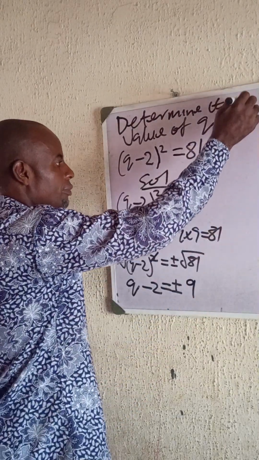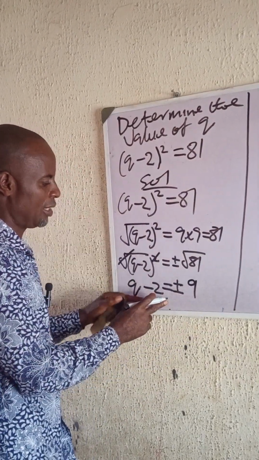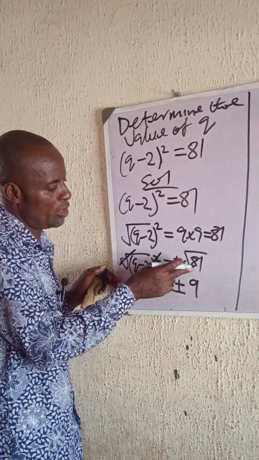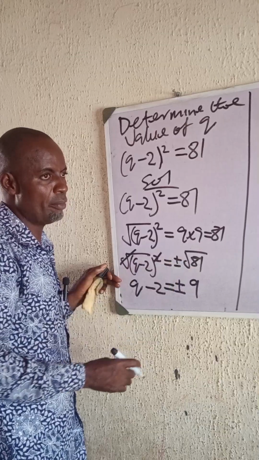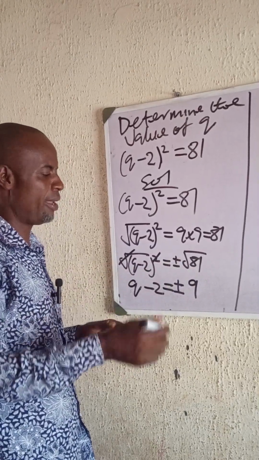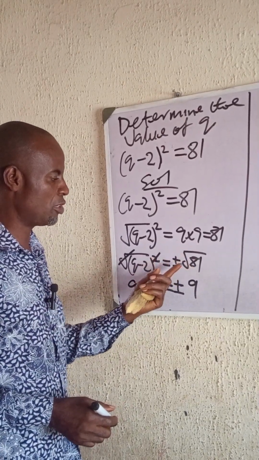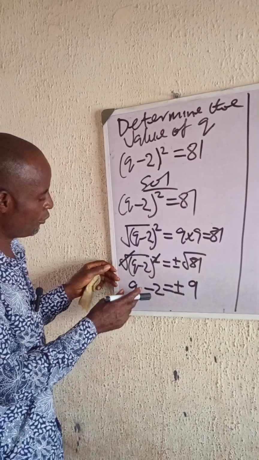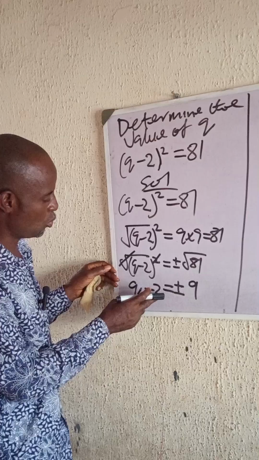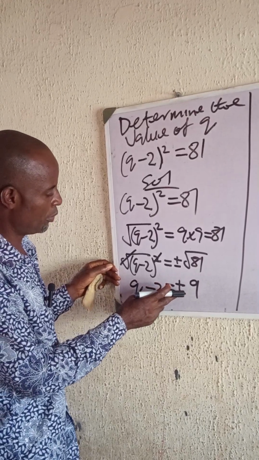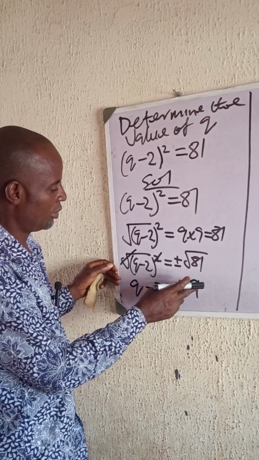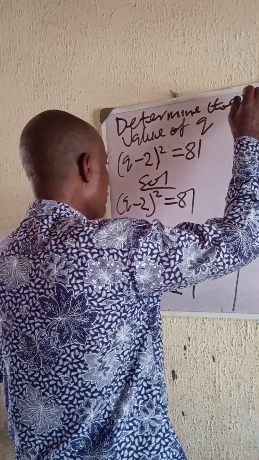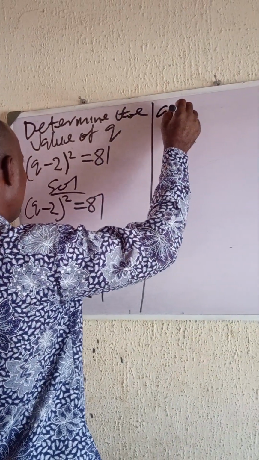You understand? I hope you understand it up to this point. So we arrive at this 9 because we take the square root of 81, because 9 multiplied by itself will give you 81, which means the square root of 81 is 9. At this point, we have q minus 2 is equal to plus or minus 9. You understand? Then at this point, we have q minus